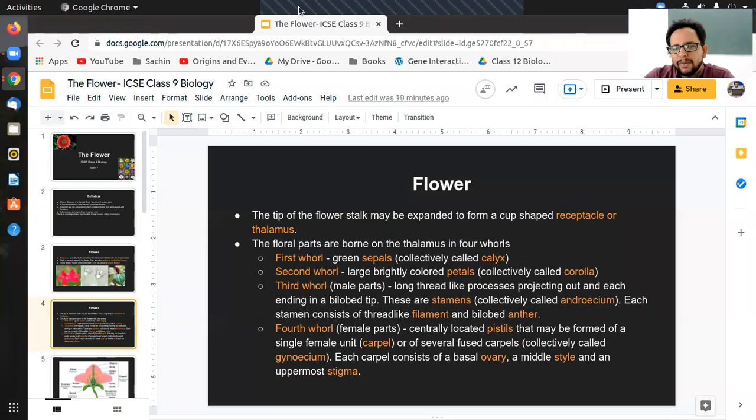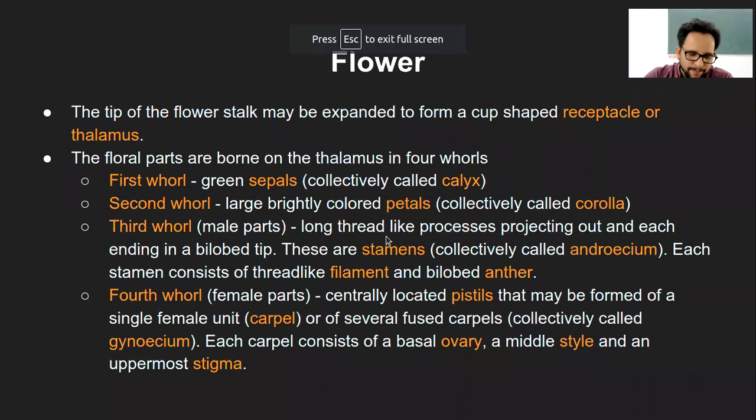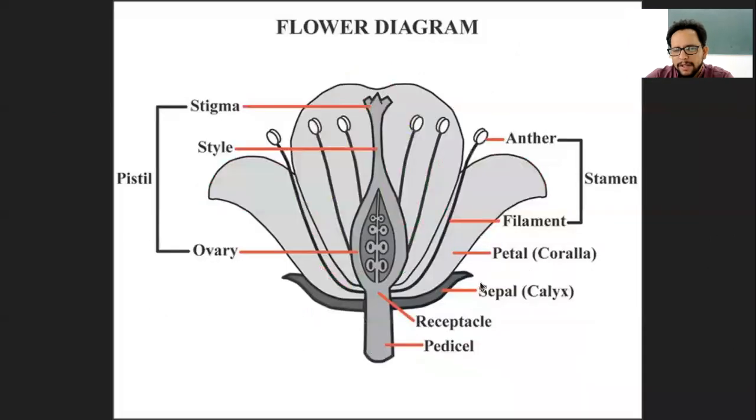Okay, so what am I doing? Okay, so that is the four whorls of the flower. And of course, please try to practice this diagram at least in your head, if not on the notebook, because these structures are commonly asked. And most importantly, students usually get confused between what is style, what is pistil, what is calyx and corolla. And because there are so many terminologies, it's quite easy to get confused there.